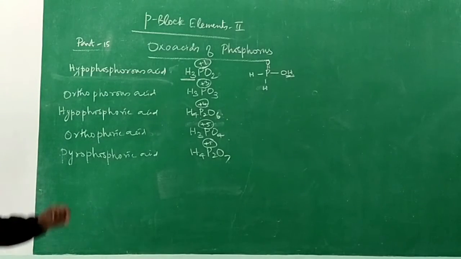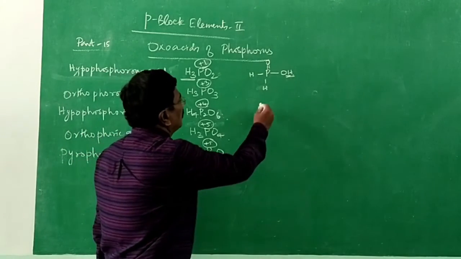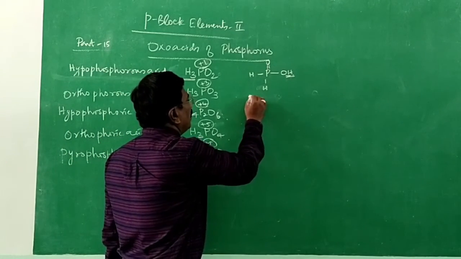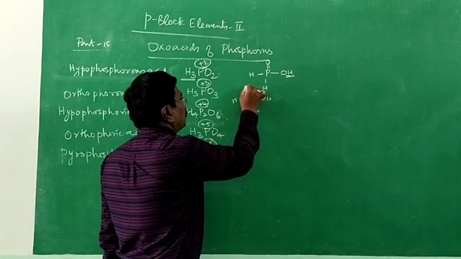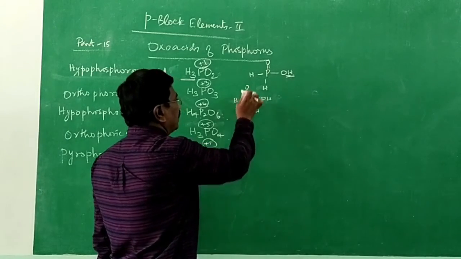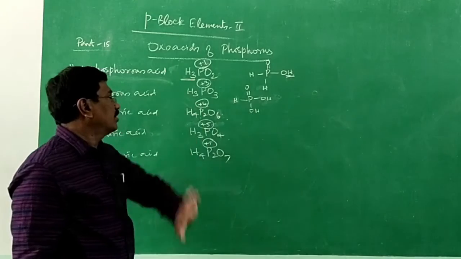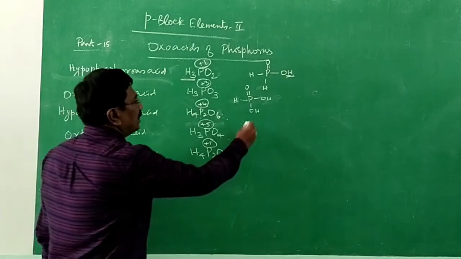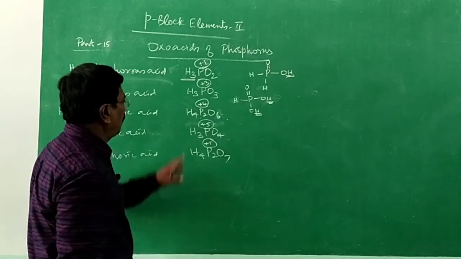Orthophosphorus acid is a dibasic acid. Even though it has 3 hydrogen, not all 3 are replaceable. The structure is probably P, OH, OH, H, double bond O. The double bond O is retained everywhere. It is an arrow to O, maybe a coordination bond between phosphorus and oxygen. 3 bonds use 3 electrons, and with the 2 electrons, totally 5 electrons are on phosphorus. 3 electrons are used here, and 2 more may be utilized here. It is the structure for phosphorous acid. These 2 OH hydrogens are replaceable and therefore it is said to be a dibasic acid.